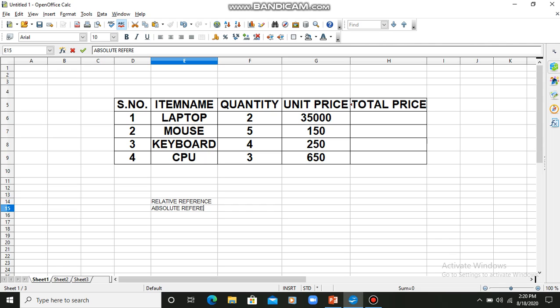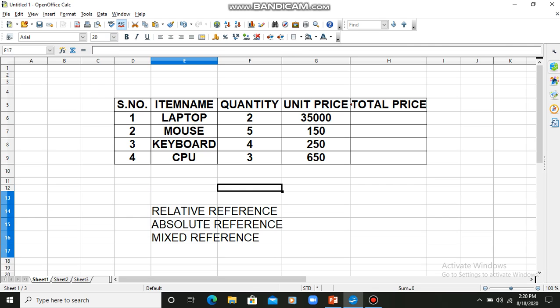And third is mixed reference. So students, this I have written here, and I will tell you about these one by one. Let me increase the font size so that you can easily see this. Here you can see the three types of referencing I have written, students. Now it is very clear.